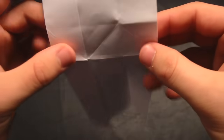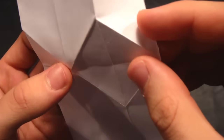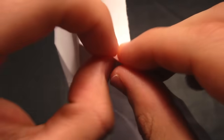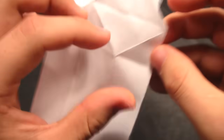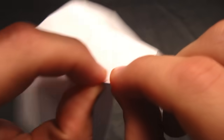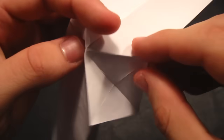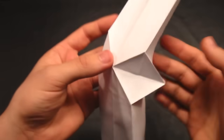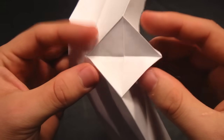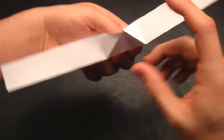So we're just going to flip over the model, and as you'll see we have the 4 creases here. Just take your finger and you want to run your fingernail against the edge there. So you just want to fold downwards on that and just run your fingernail against it. And do that with all 4 of the creases there. So it should look something like that now. It's just a little bit better folded. So now you can flip the model over,